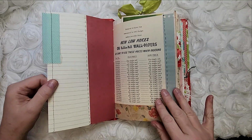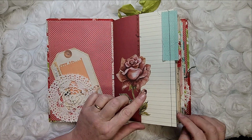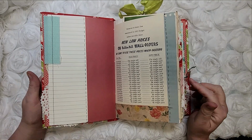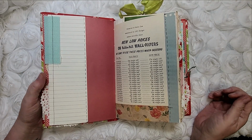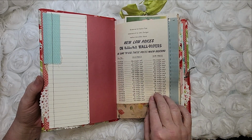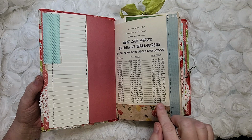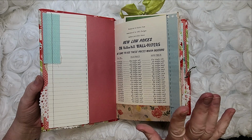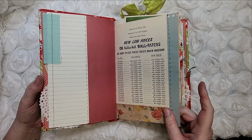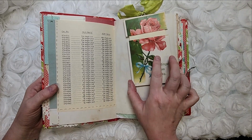So I'll draw your attention to, well, except for when I sewed the fabric on, that was machine stitch, but this took hours and hours and hours. Lots of scraps of scrapbook paper, cut-offs from line paper, and also some genuine ephemera. So this one came from a 1950s catalog, no, not a catalog, a wallpaper book. Here is an old postcard,